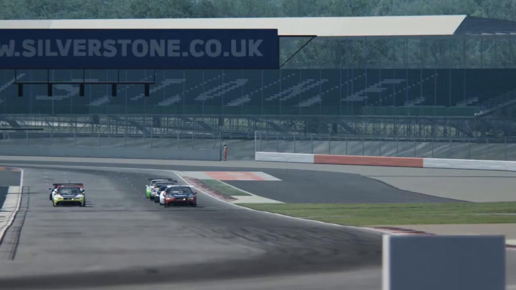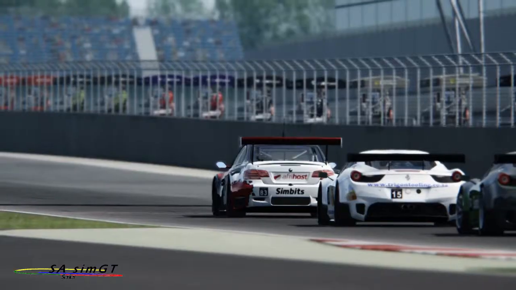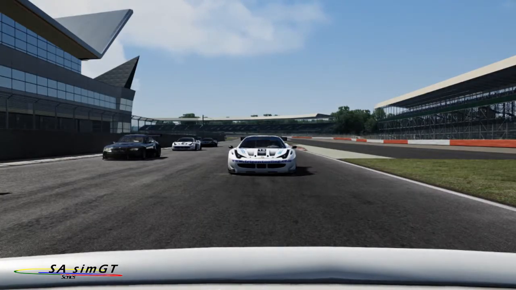Hello and welcome to Silverstone for round 1 of the South African simGT Endurance Series, a totally new concept to Sim Race South Africa, where we'll have just one race per round, a longer race, which can be between 40 minutes to an hour long, dependent on our software capabilities, which we hope will be developed further so we can